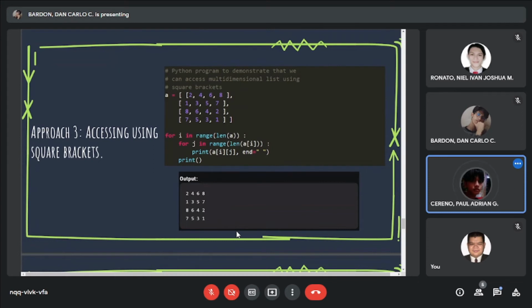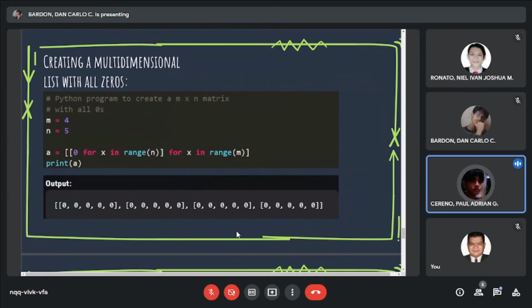For example here, for i in range len A and for j in range len A square bracket i, print A i j, and this end is just a space so the numbers don't stick together. I forgot to mention that we use nested for loops here so we can access every element within the list. That's all. Next,